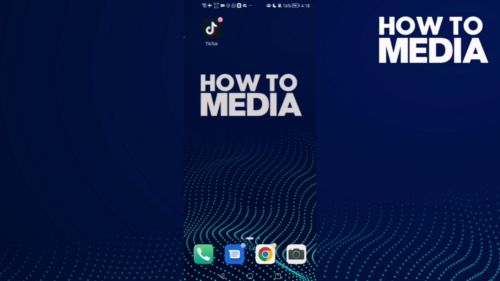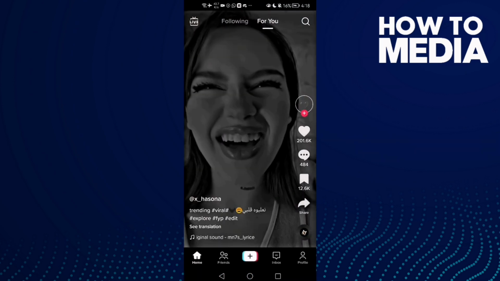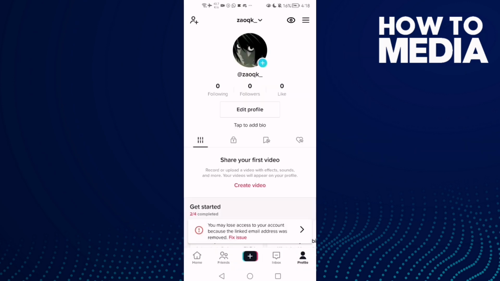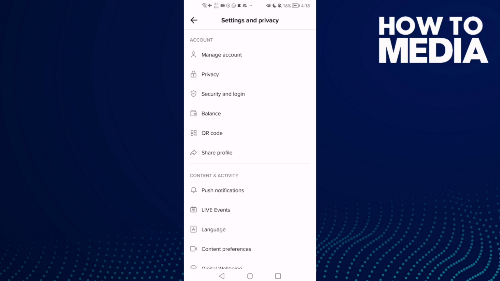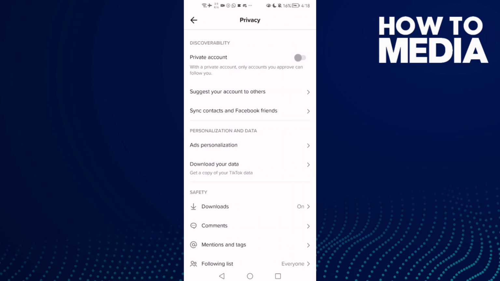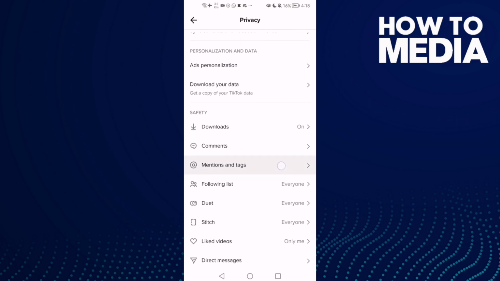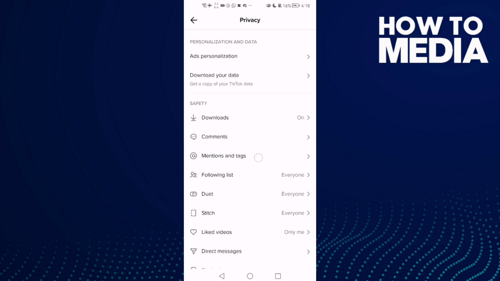First then open TikTok and then click profile, and here in the top corner you will find these three lines. Click on it and then click settings and privacy, and here you will find privacy. Click on it and scroll down until you find mentions and tags,